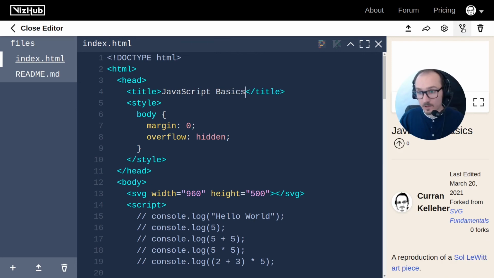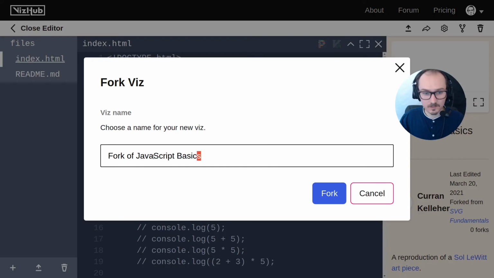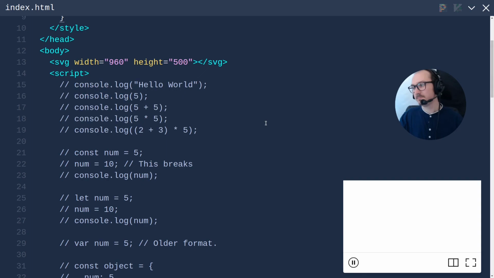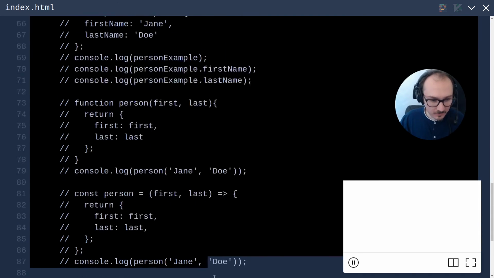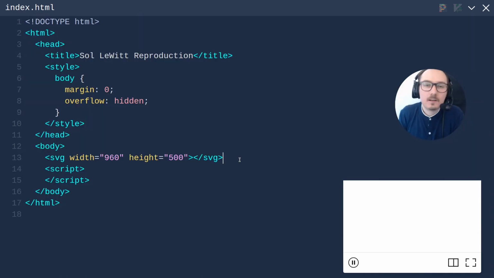And then I'll fork this one into LeWitt Reproduction. Okay, now we can start having some fun. I'm going to delete all this stuff. I would like to